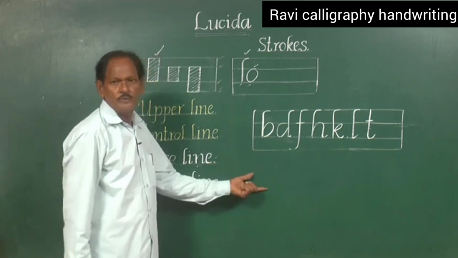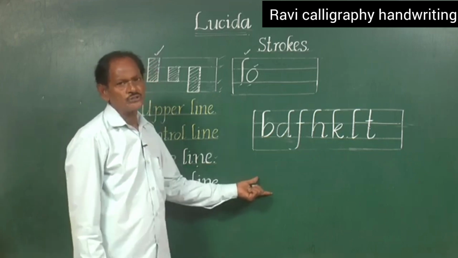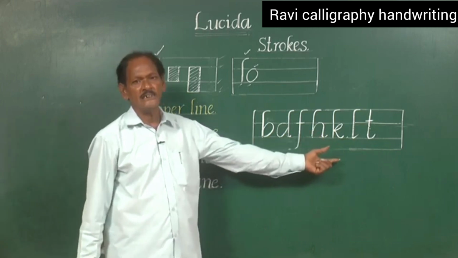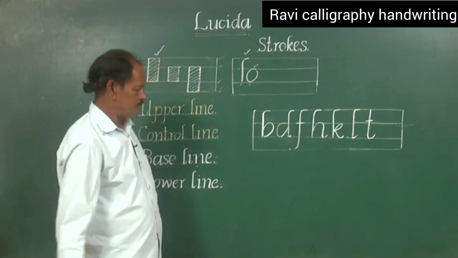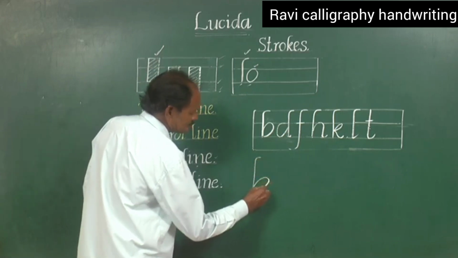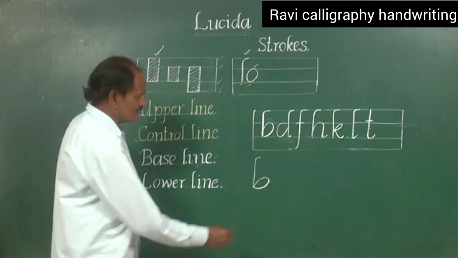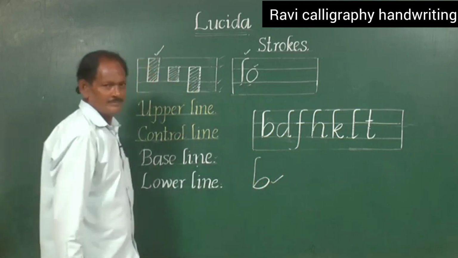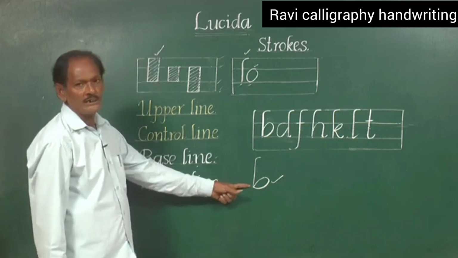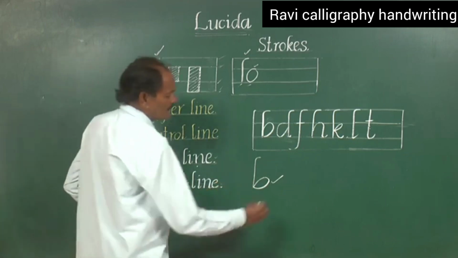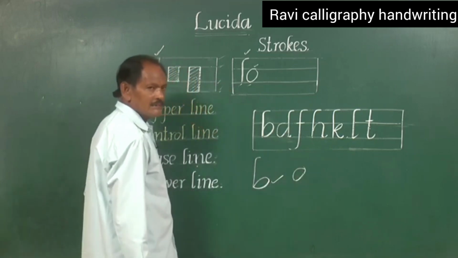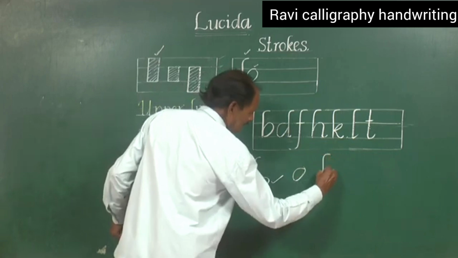Now I will show you how some students write these upper zone letters in an improper way. Somebody used to write B like this. They argue this is also the vowel shape. Yes, this is the vowel shape, but the vowel shape should not be written like this. It should be written like this. So after writing the stroke,